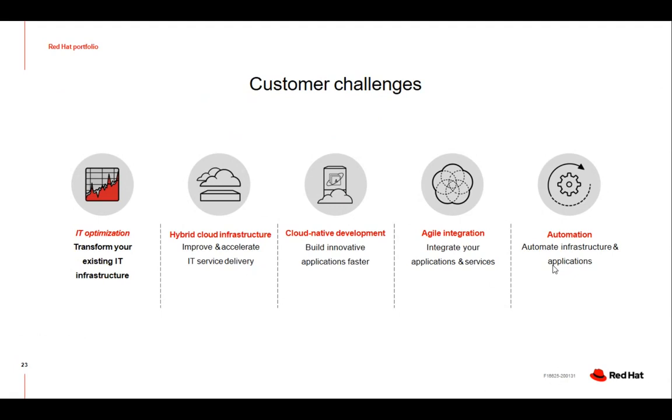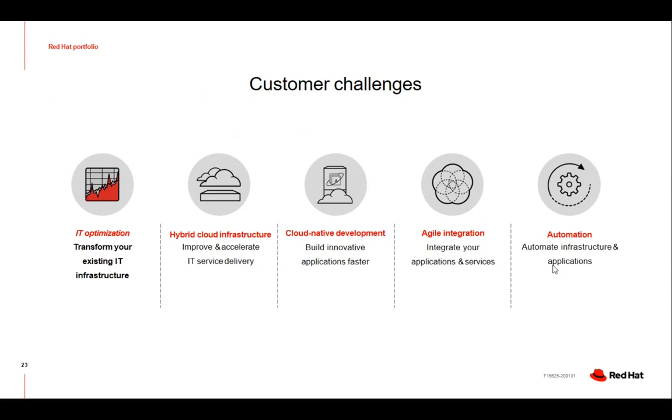The very first one is IT optimization, right? So transform your existing IT infrastructure, which is really, really important. You will still find such customers. In fact, I was speaking to one of the customers yesterday. They are running their SAP on AIX servers. So that's where my opportunity is. If there is any customer who's still running AIX servers, still running on Unix, please tell them, please transform your existing IT infrastructure. Come on to Linux.